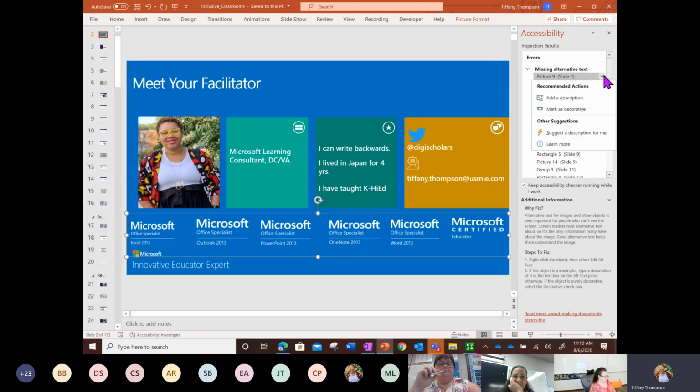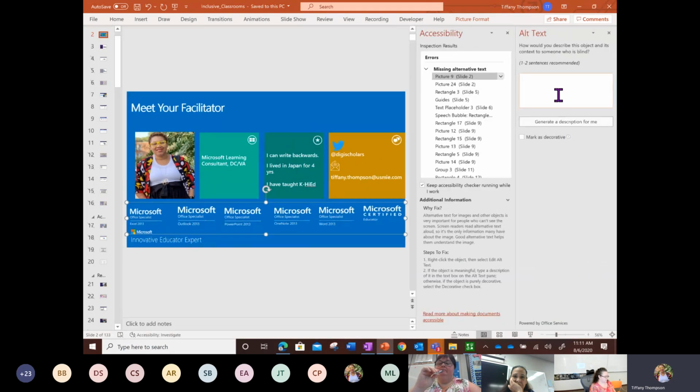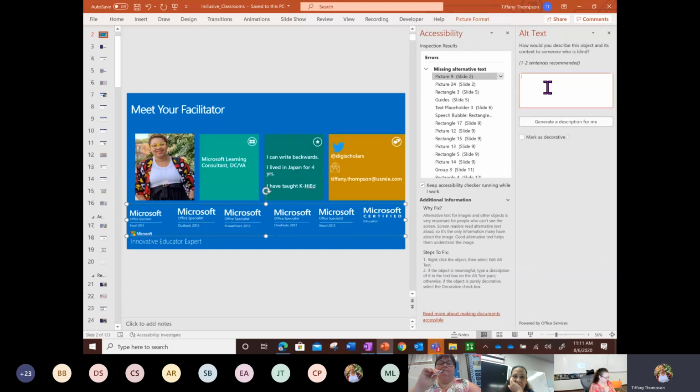And then if I click the drop down arrow here, it's going to give me some recommended actions. So either I can add a description or I can mark it as decorative. Optionally, I can have Microsoft's AI, or artificial intelligence, suggest a description for me. If I click add a description, then I can type the 1 to 2 sentences that describe this particular picture or image. I can also click generate a description, and you'll see that there was nothing that came up. So I'm going to try to use my best